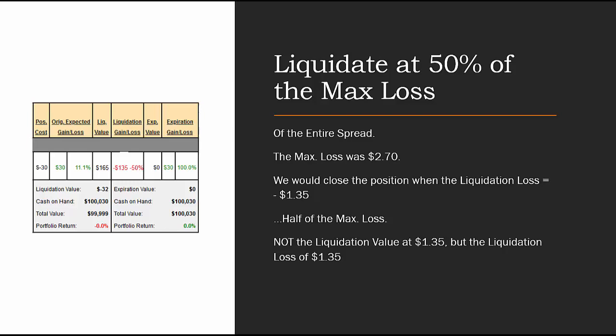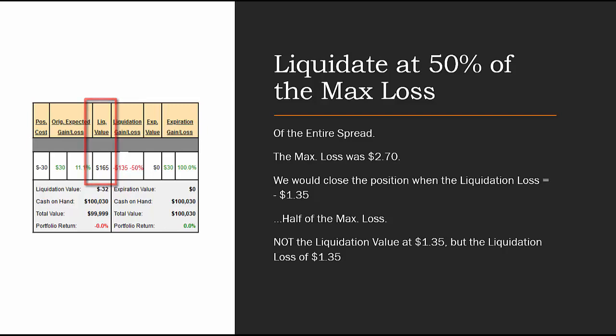We're going to look to close the position when the liquidation loss is half of the maximum loss, or in this case, $1.35. Not the liquidation value, because regardless of what happens, we keep the 30 cents that was deposited into our account when we opened the credit spread. The liquidation value in this case would be 165, meaning the liquidation loss would be 135,